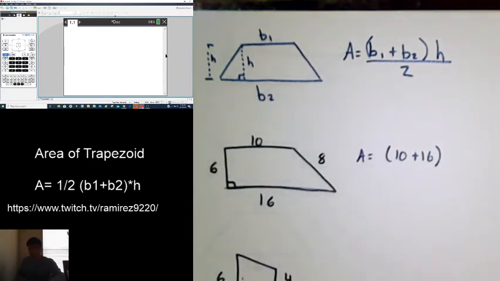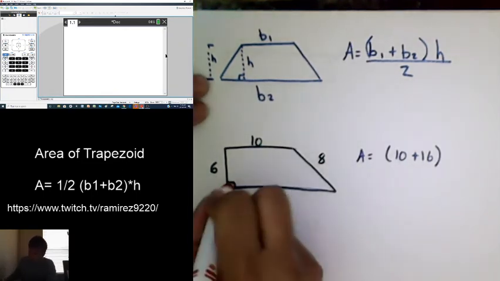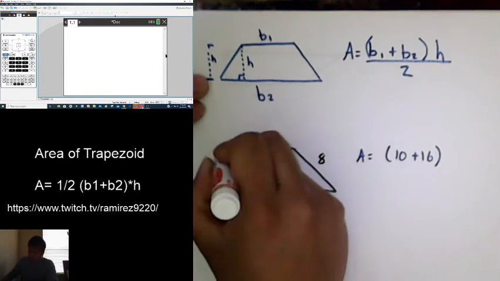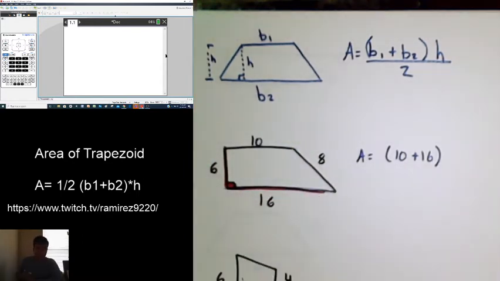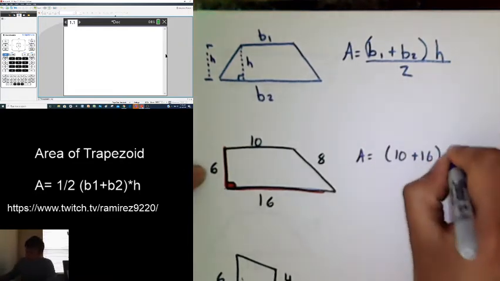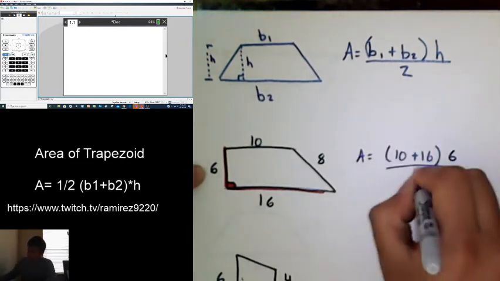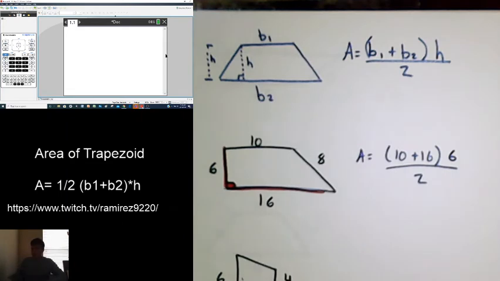So same thing like in the triangle and the parallelogram. If you find the 90 and you just kind of connect the two segments that create the 90, you're gonna know what your height is and your base. So my height is 6, and I just divide that by 2, and it's just a matter of just putting